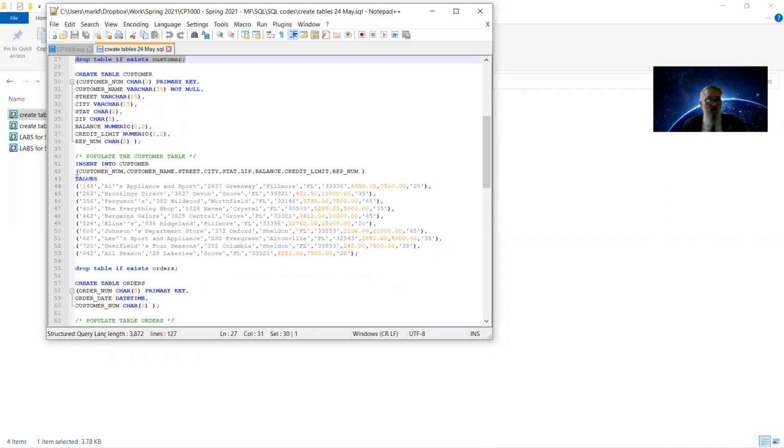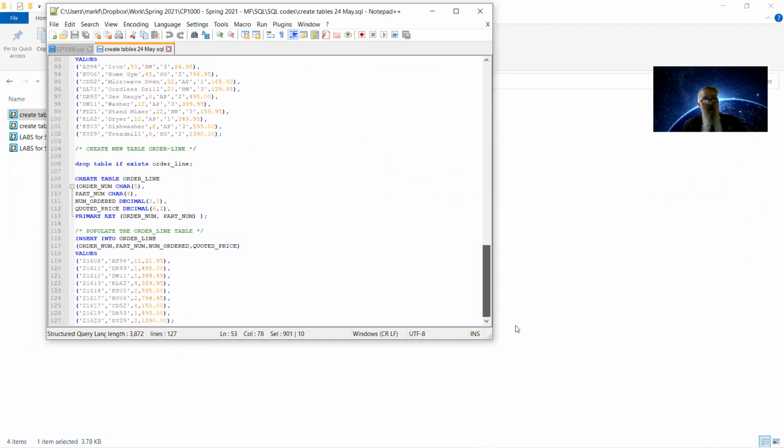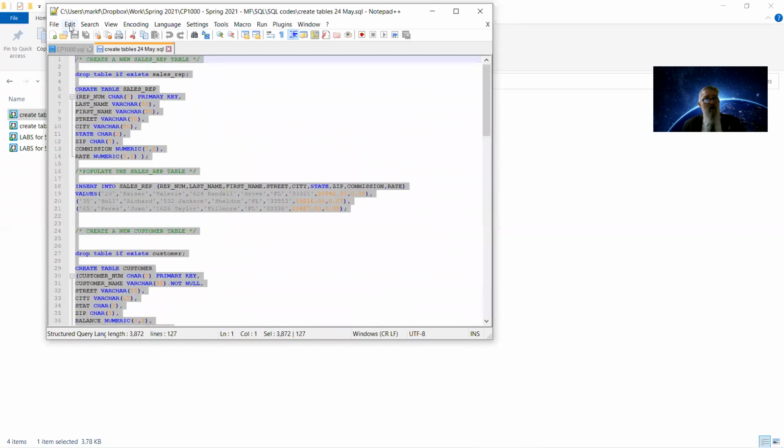And again, we're using the much easier way of inserting the values with a single insert command. Put the values, just separate those by commas, and that gets the whole thing done. So that's our entire database. So if you've got something like that, you can just